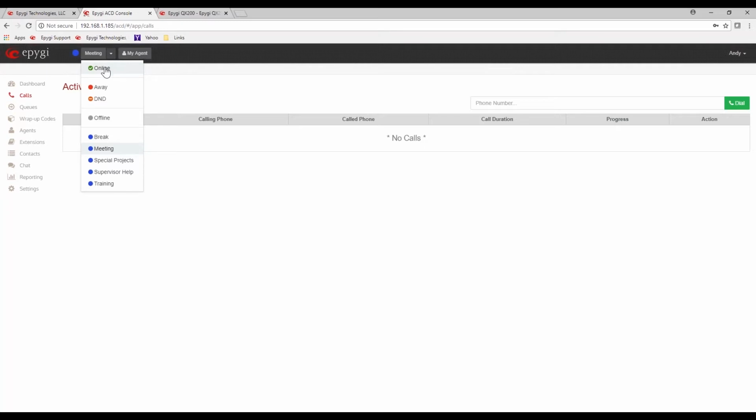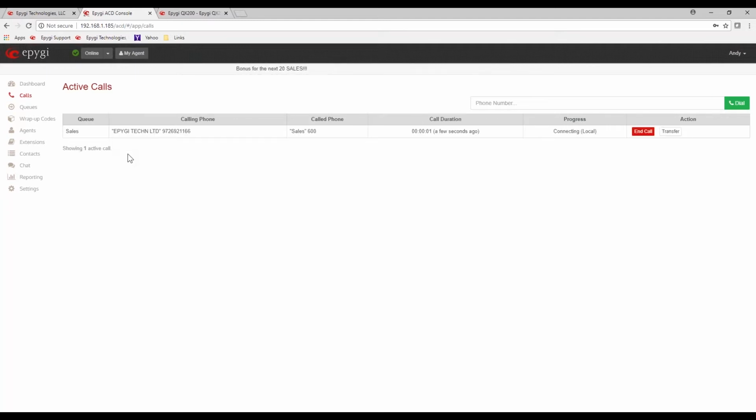All right, so we got the login, and you notice here at the top for the EAC application, which is what we're going to look at next and probably spend the rest of the time that we have. On the front page of the QX login, you'll see the drop down for the application, and it says Epygi ACD Console. I click on that, okay, and you can get there directly if you just wanted to give the agents this